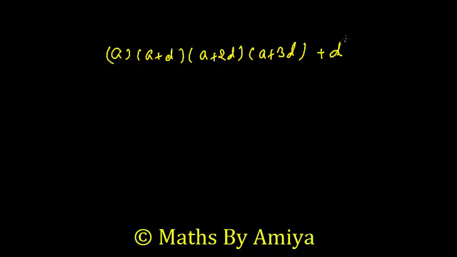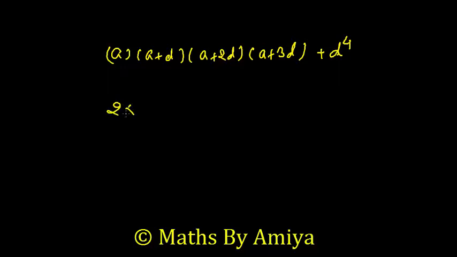Assume we have an AP: A, A plus D, A plus 2D and A plus 3D. This means the common difference is nothing but D. If we want to make it a perfect square, we just need to find the common difference. Here the common difference visible is D. Then we just need to add D raised to power 4 to make a perfect square. So this is our first concept.